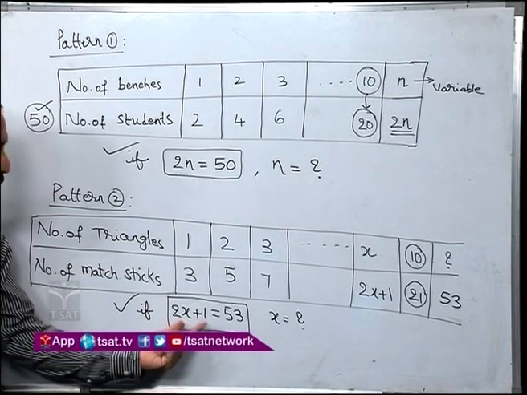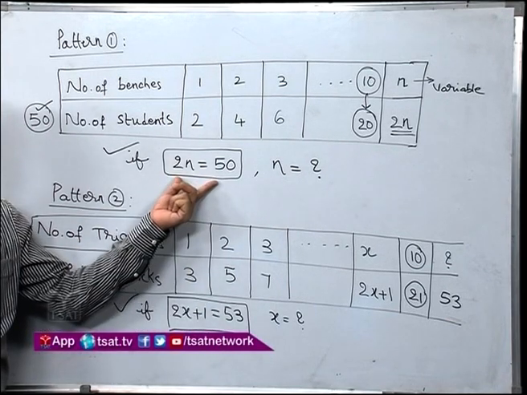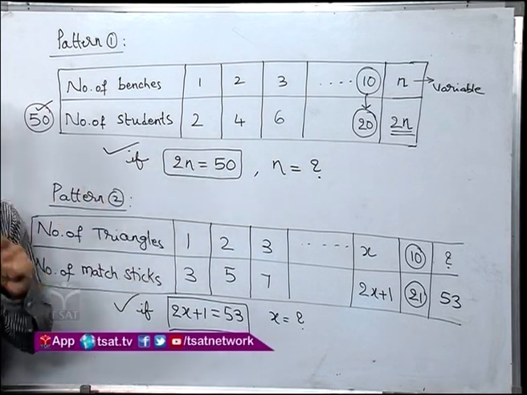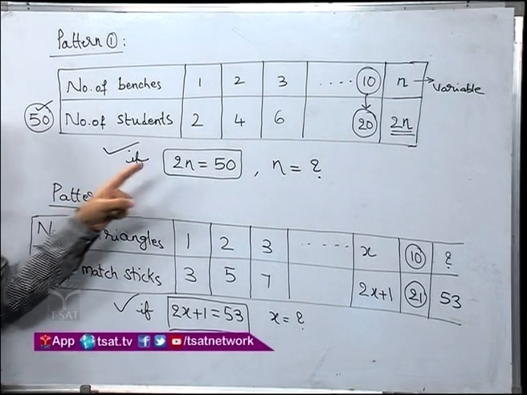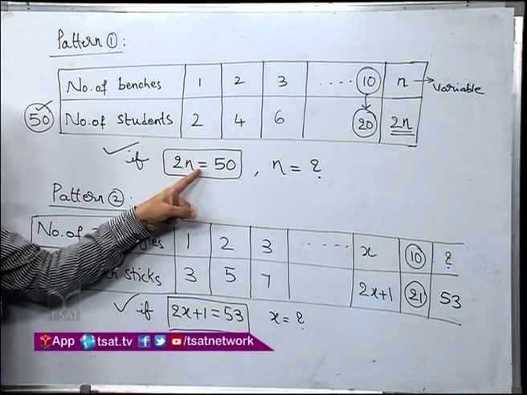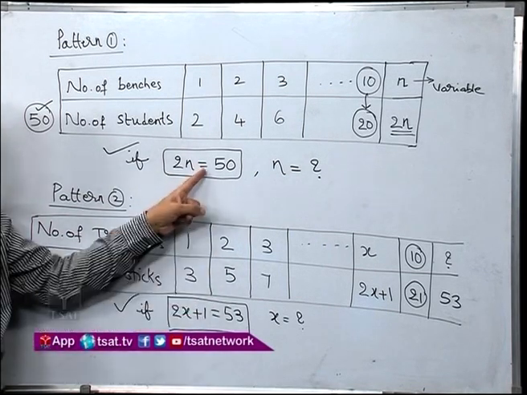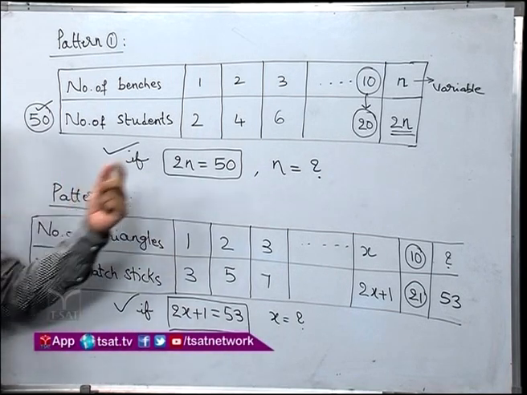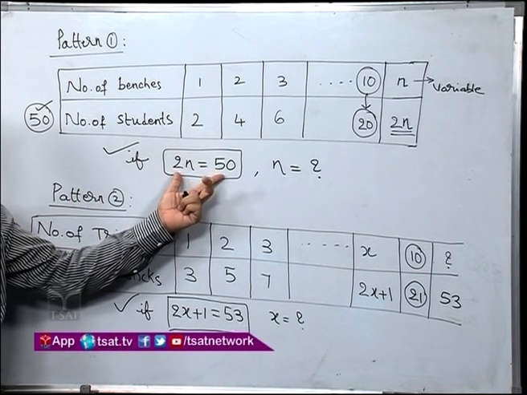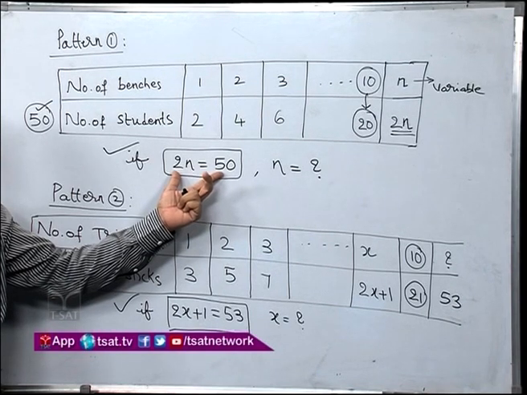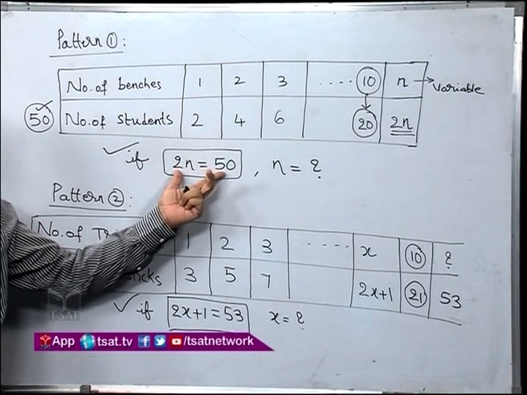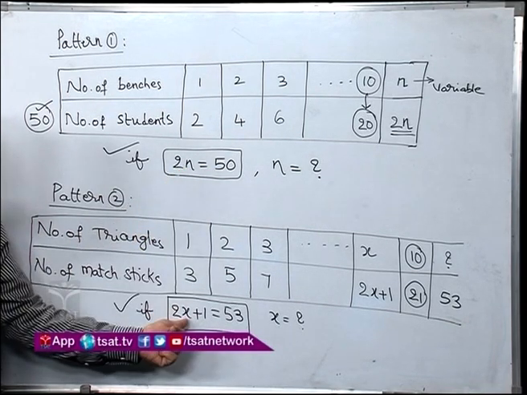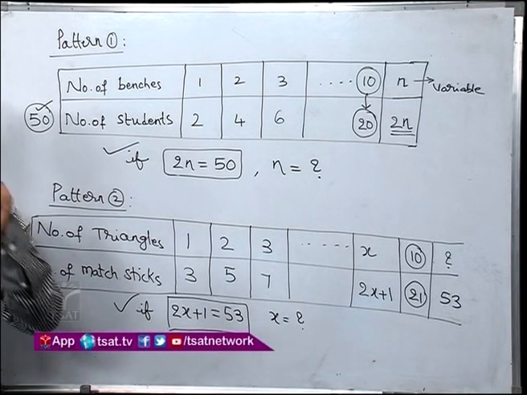That means these two statements are having expressions. But if you observe one more thing, one common thing is there, that is equality. Here also you have equal to, here also you have equal to. That means the statement of equality between two expressions which contains variables is known as an equation.